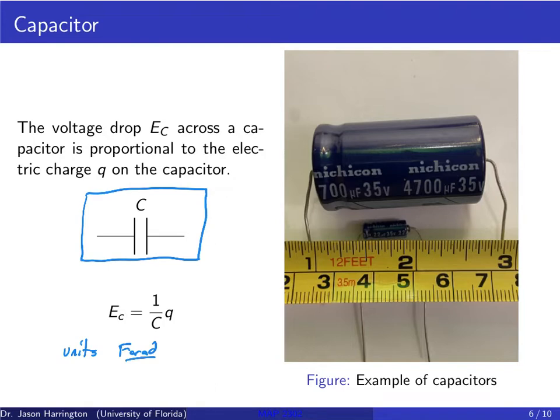But you'll notice here when you see this mu F, that just means microfarad. So typically, most of us will actually just see microfarad. And that just means you have to multiply through by constants to turn it over. It's not that difficult. And the equation for this is E sub C is equal to 1 over C times Q.